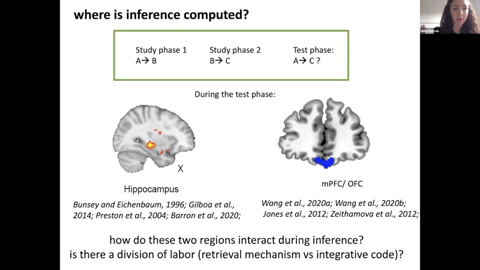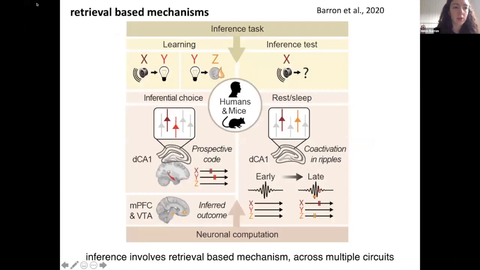The experiment I'm going to propose is really trying to focus on how these two brain regions interact, because I think that if we understand how they interact, that might give us some insight into how an integrated code or a category is actually built in the first place. So, the study that I showed you earlier